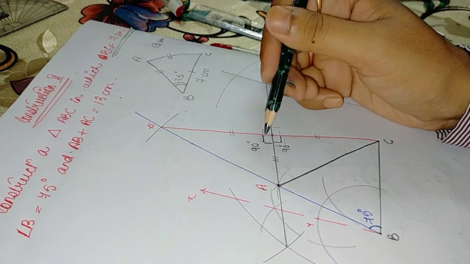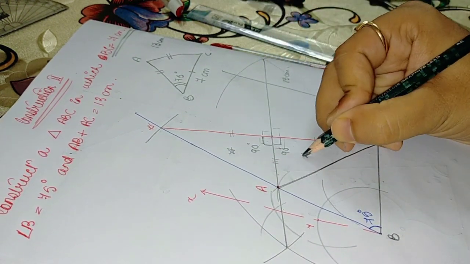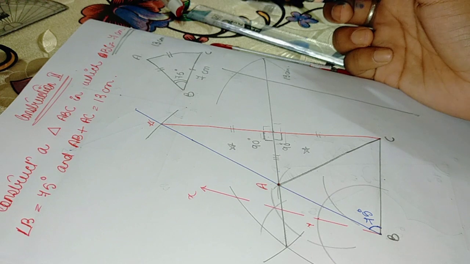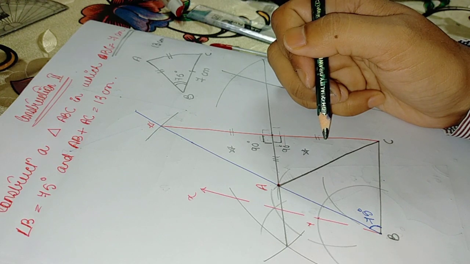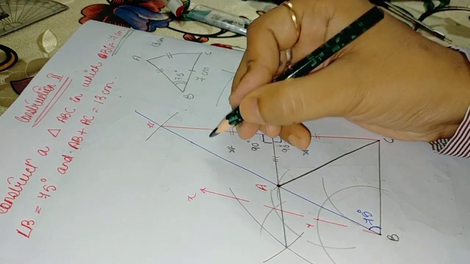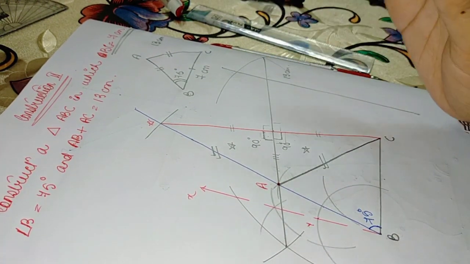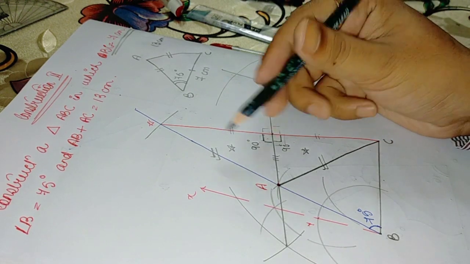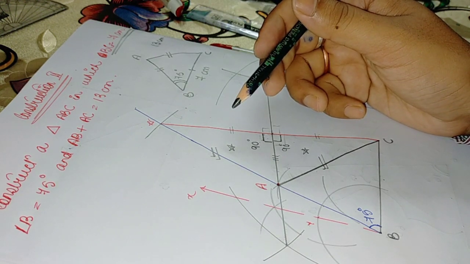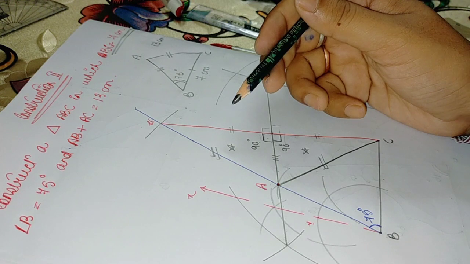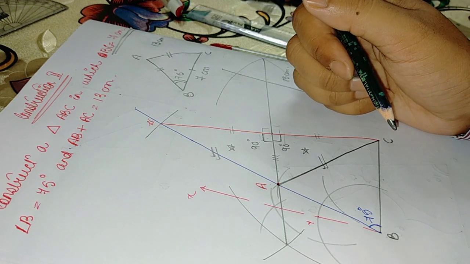That means by side angle side, both the triangles, this particular triangle and this particular triangle, are congruent. Now if two triangles are congruent, then what happens? Then this particular side and this particular side will also be equal, isn't it? Why? Because of corresponding parts of congruent triangles. Yes, by that rule these two sides are going to be equal, isn't it?